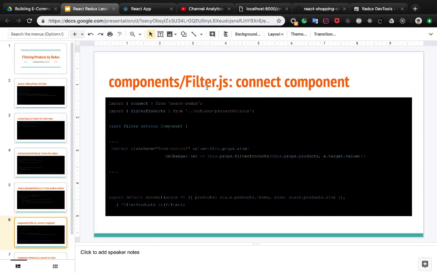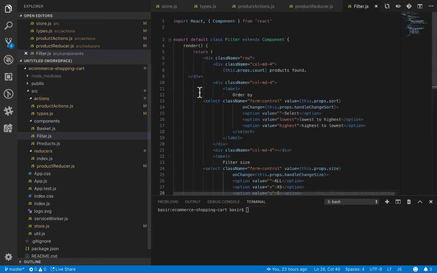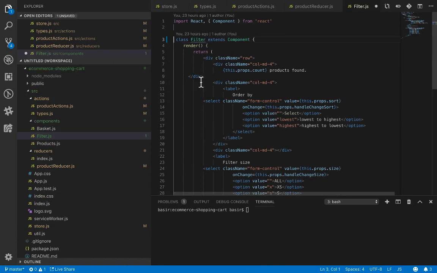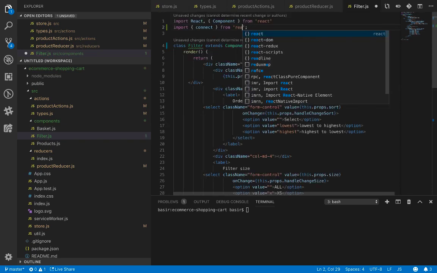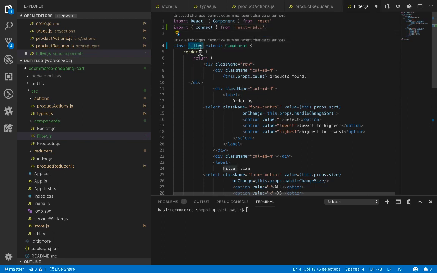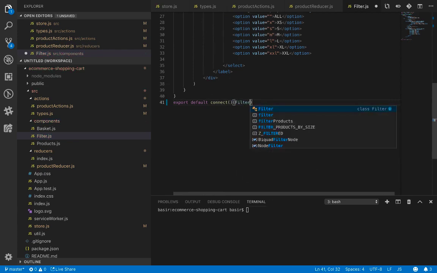Let's go for filter component. We need to connect filter component to Redux store. We need to change multiple place in the filter component. First of all, we need to open this component and move export default from class to the end of the code and use connect from React Redux to connect filter component to Redux store. Like previous part, connect comprises of two parentheses, and the last one takes filter component, and the first one